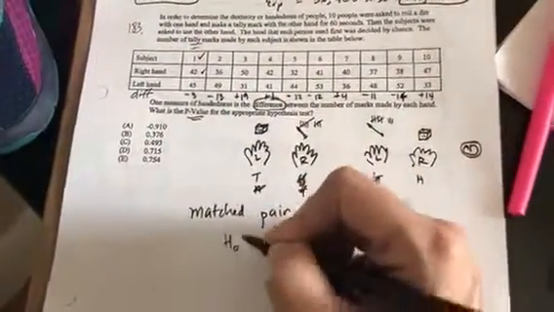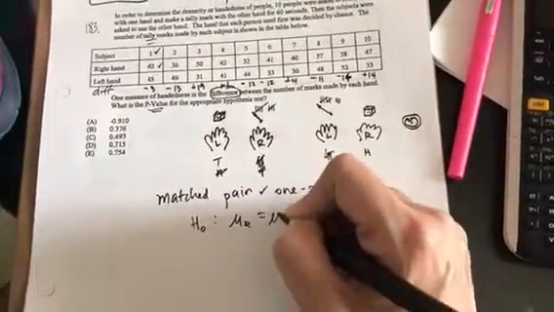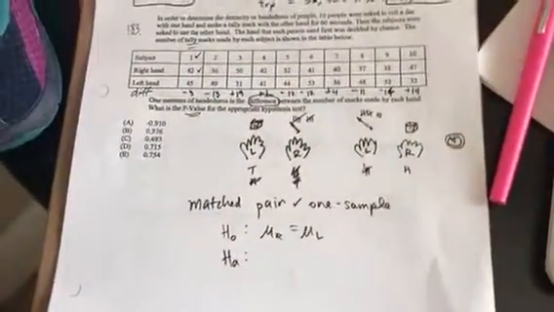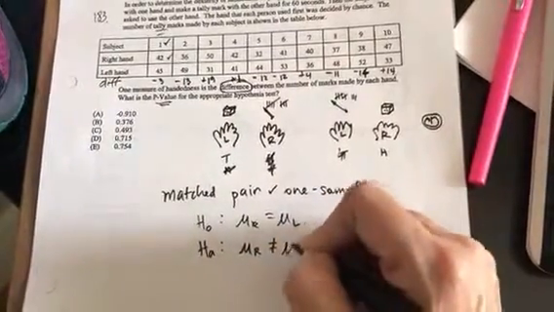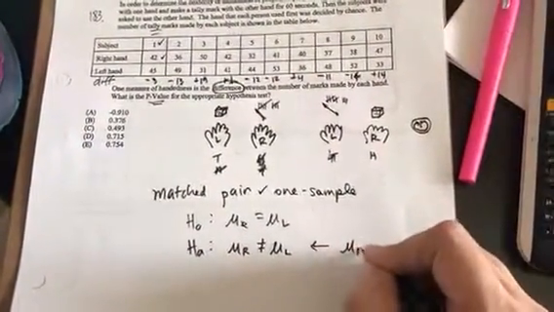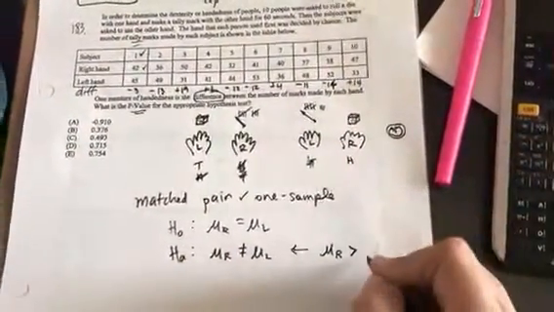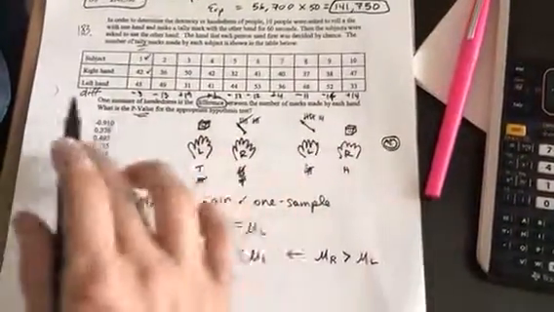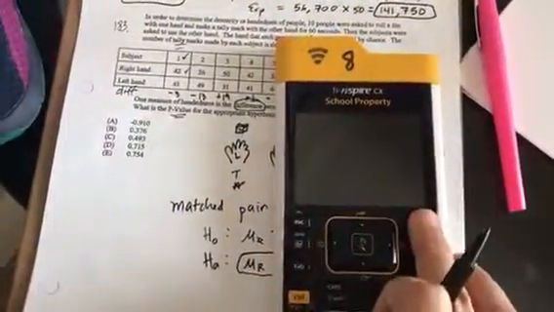So I'm gonna say H sub 0 would be the average difference, mu R, the right hand is equal to the left hand, and it looks like they're pretty equal. And if you believed that there was a preference here, either you're going to have to say that they're not the same, meaning you are handed, one hand is preferred over the other, or you may have to try a direction. Maybe you think that the mean should be greater. I should be able to make more tally marks with my right hand than my left. I don't see a direction of any sort here, so I'm gonna have to pick this one